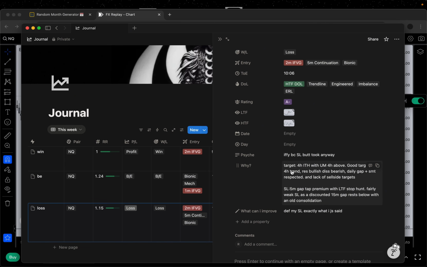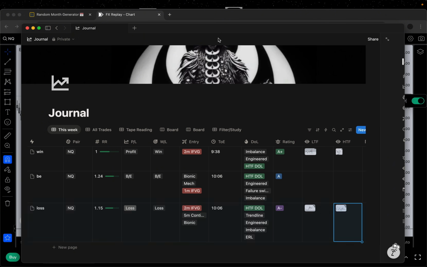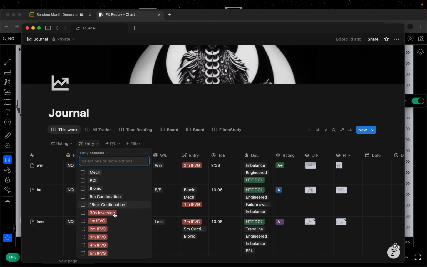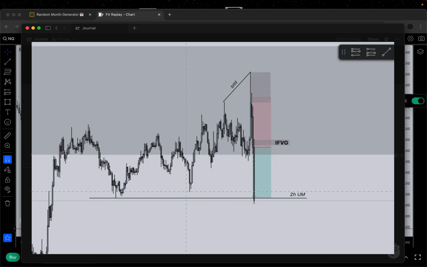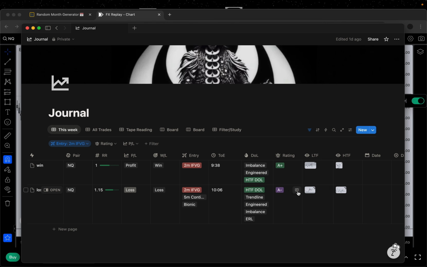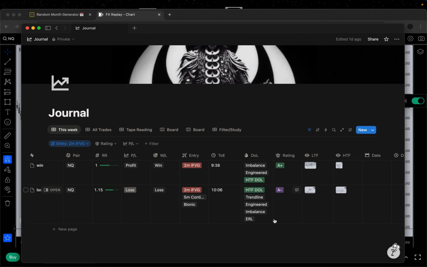Mainly ask yourself why. Okay, this is my target. This is my stop loss. This is what I should have seen. And then you just get your data, like the 2-minute IFVG. Now I have some things to go over. Let's see how I perform with the 2-minute IFVG. Well, I'm 1-1, but what can I learn from these two trades? Well, this first trade has really good targets and a really good stop loss. But why did this one lose? Well, I have really good targets, but I don't have a super good stop loss. So that's something to improve.